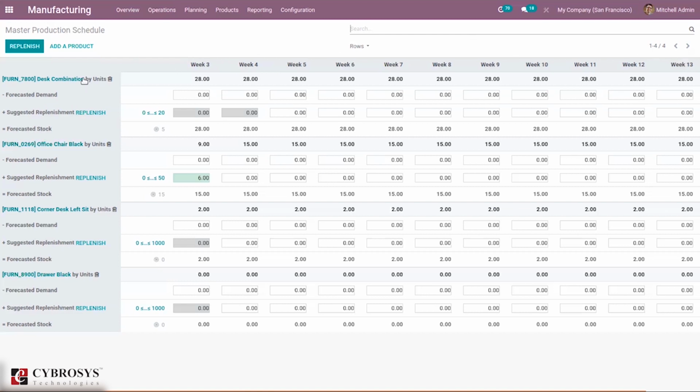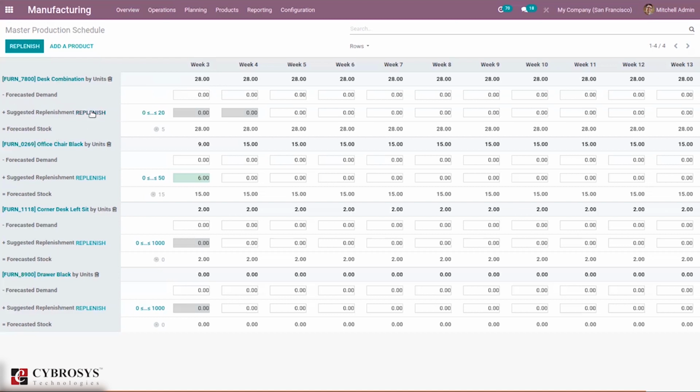We can see the quantities by units. So for this test combination, you can see by units 28 for this week 3. So we can calculate the forecasted stock for these products by reducing forecasted demand and adding suggested replenishment.